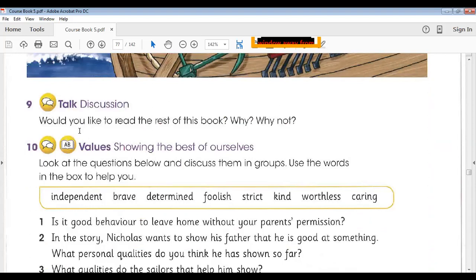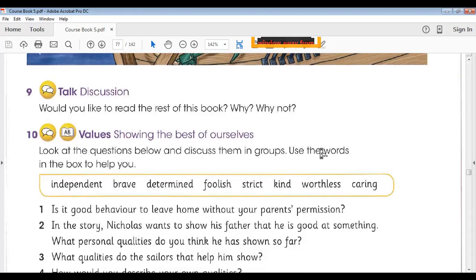After that, we discussed whether you would like to read the rest of this book, why or why not. Some of the students showed their interest because they like adventurous books and they want to know what happened to Nicholas Young at the end, and how his remaining journey was. Most of the students showed interest, and they said that this book involves personal experiences and also an adventure story. Most of the students like adventure, so they said that they will definitely try to read it as well.